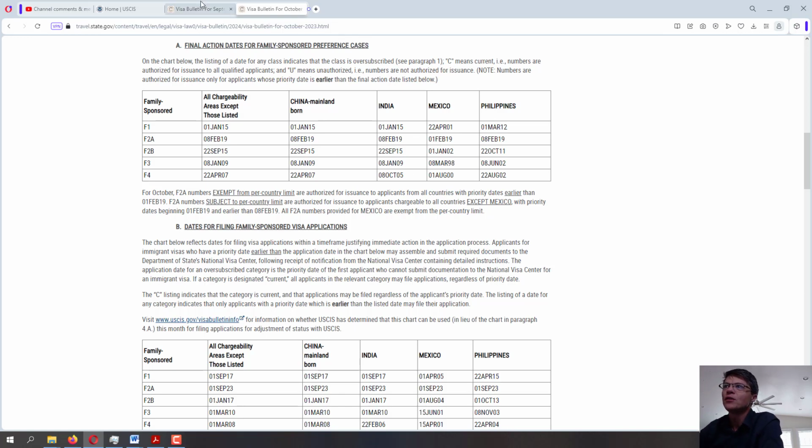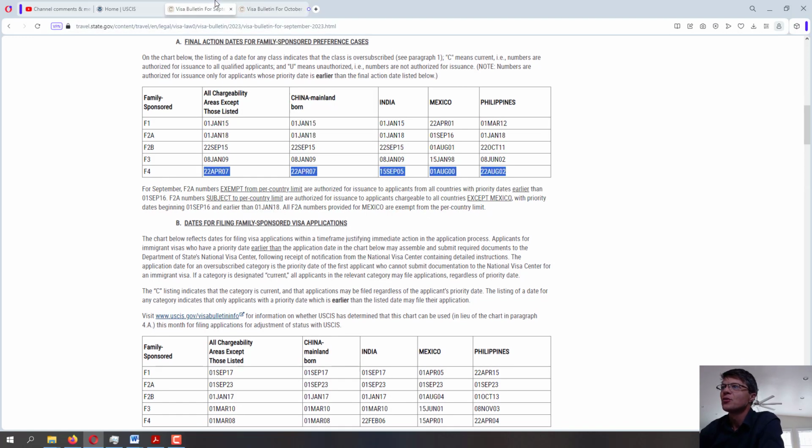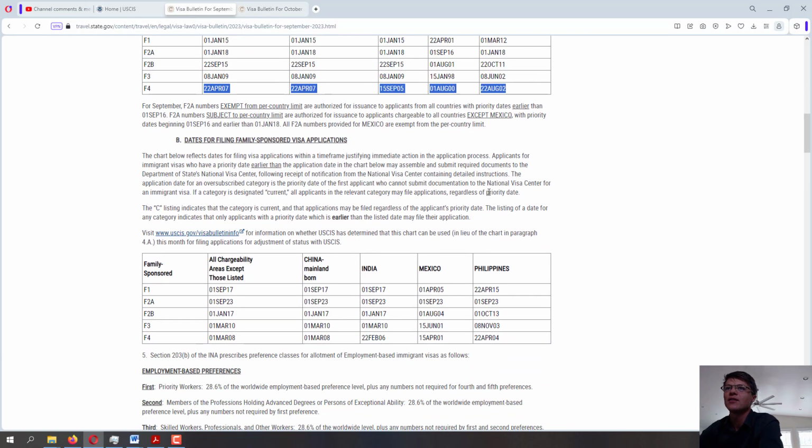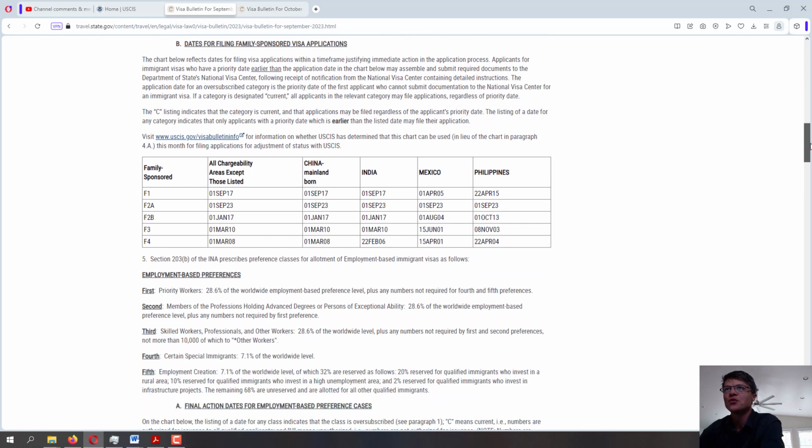And then Mexico, let's see, no movement for Mexico whatsoever. Philippines, 22 August 02, 22 August 02. So it looks like no movement for Philippines either. Okay, so let's scroll down now to the graph B, which is once again